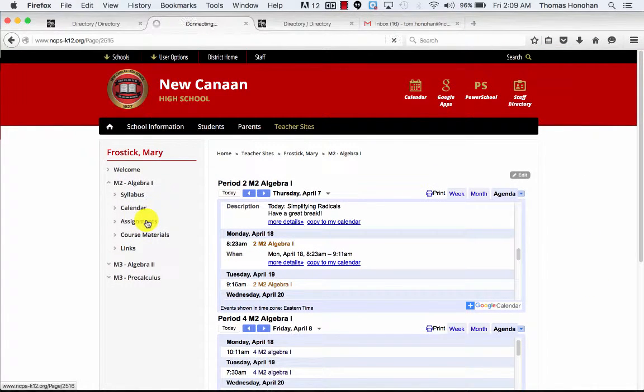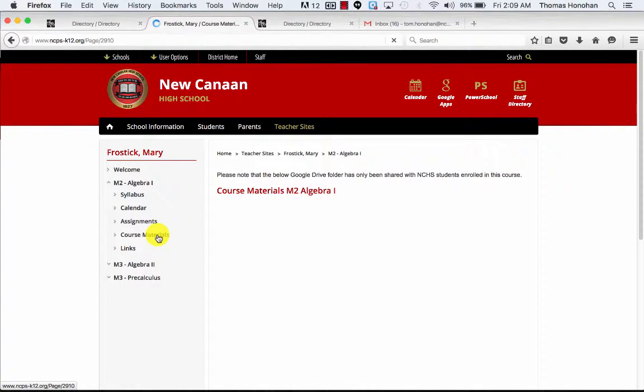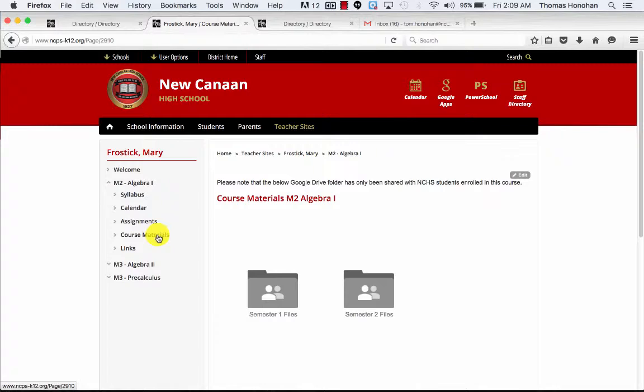We'll talk about that. Assignments, there's a bunch of different ways to post assignments. Some folks are going to post everything in calendars, which is a nice way of doing it, but we can also insert a Google document, and you can do assignment dates in that. Course materials, for those of you that have Google Drive up and running, the idea is that you have an easy place for parents and students to get a general idea of what course materials you have for your specific course.